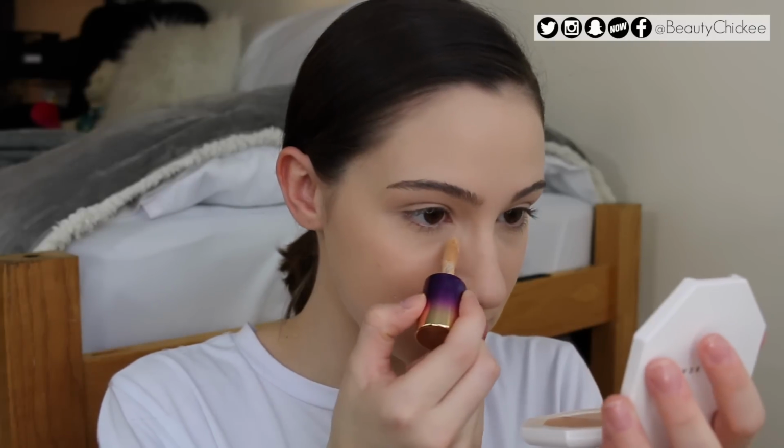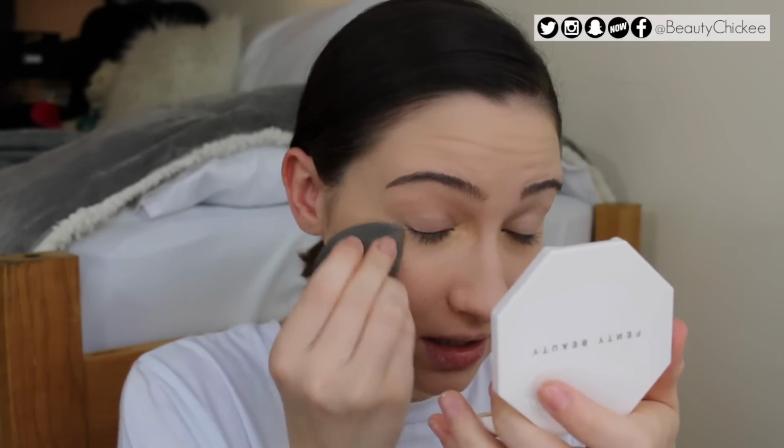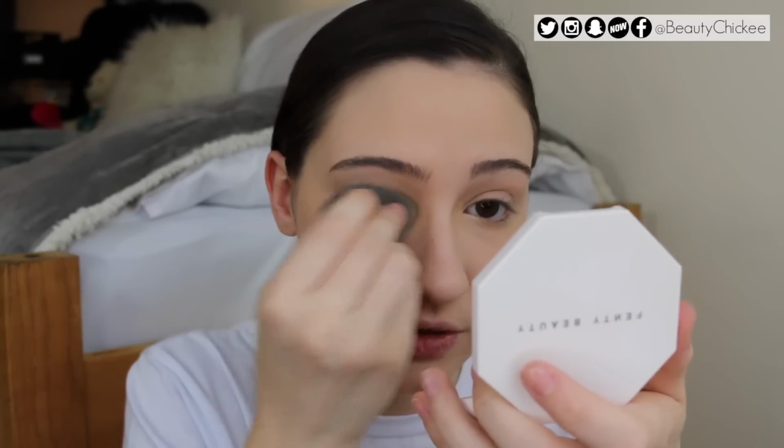So this I will use to go under my eyes. I just do a little swipe like that, and this is going to cover up my dark circles. And now I'm going to blend that out with the Beauty Blender. So I like to use a darker concealer first. Well, not dark, but one that blends more in with my foundation first to actually cover up